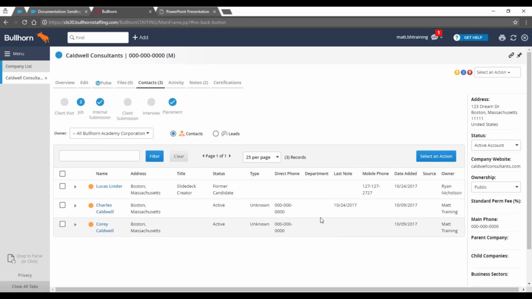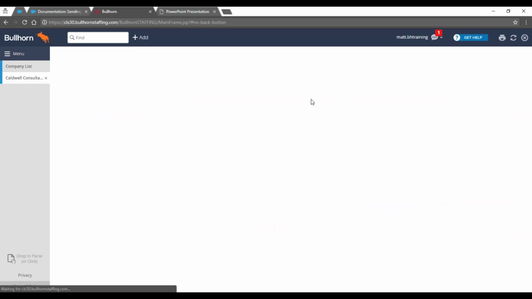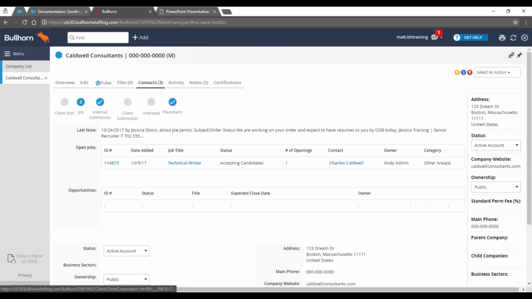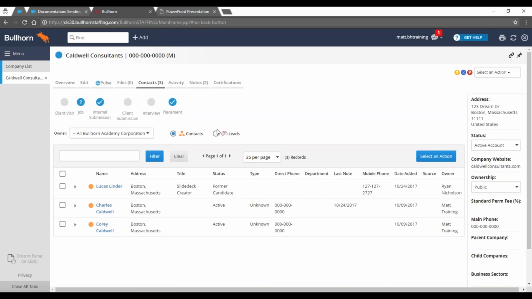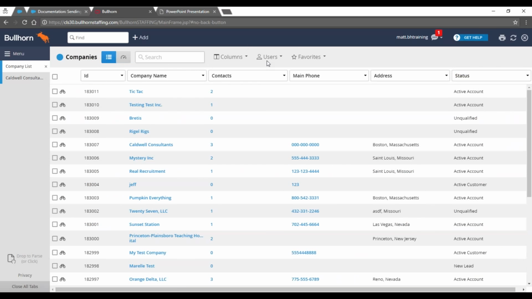And so I want to go into the records here and make sure that everything is set up and good to go and owned by Matt, because ownership itself is determined by contact ownership, and understanding that as an admin is imperative in designing everything and making sure that my team has the right stuff and they're all good to go. So if I go to the company list and I don't see the right things filtering down under ownership, it tends to be because there aren't the right contacts associated with the companies and what have you,